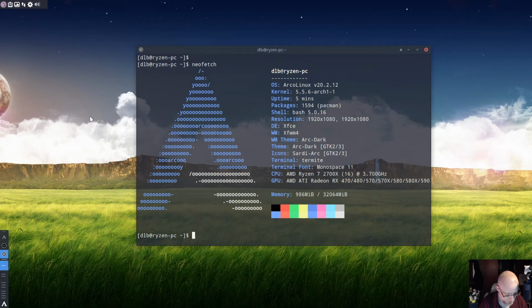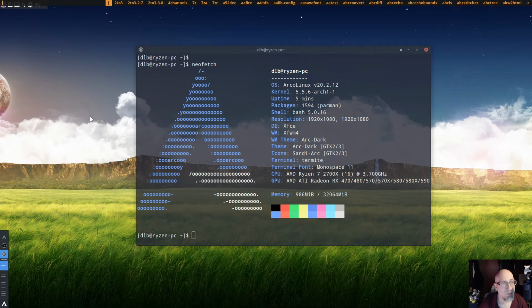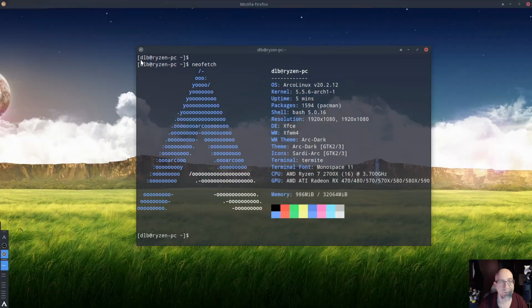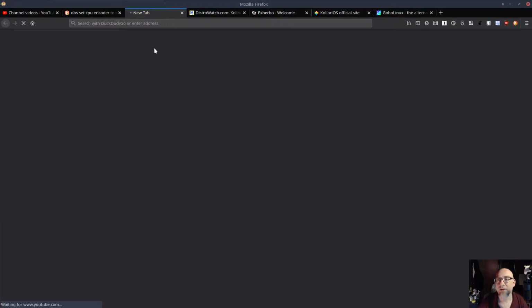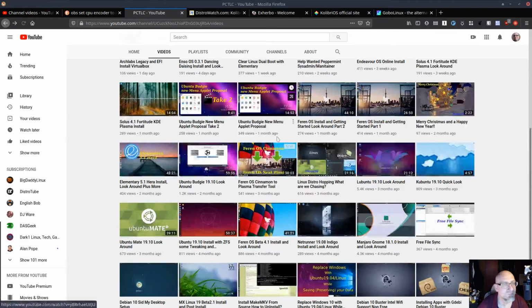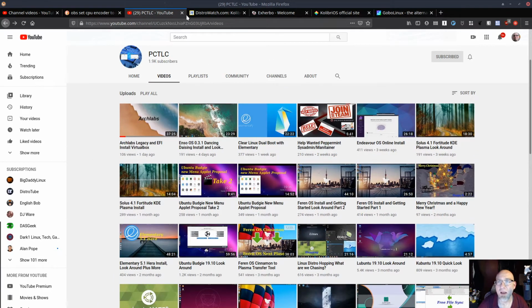So if I do Shift Super D, you can see I've got dmenu up at the top now, right? So now if I want to run Firefox, I could just type Firefox and boom. There we go. There's Firefox. So I really like that feature.